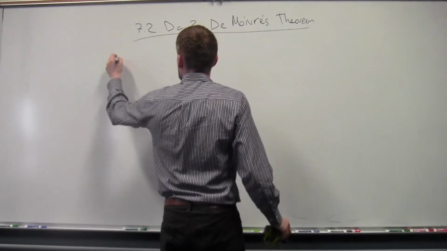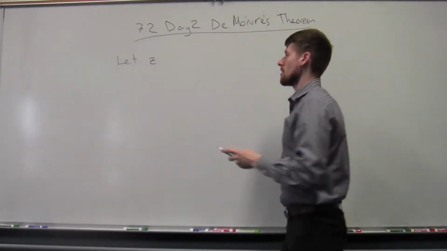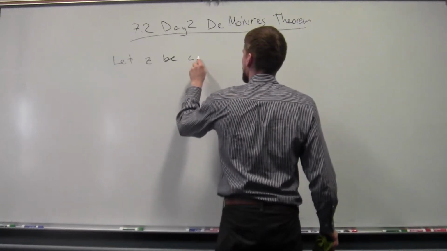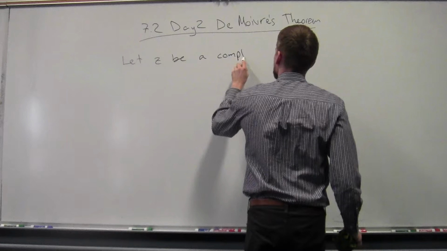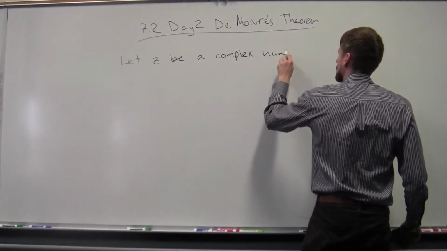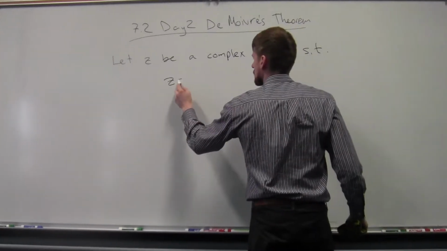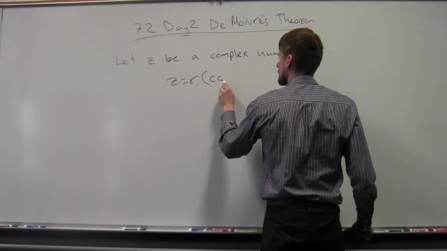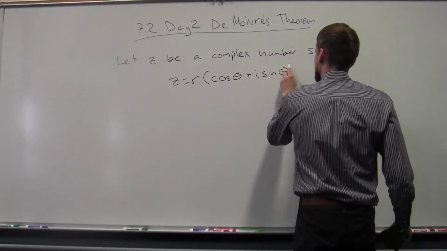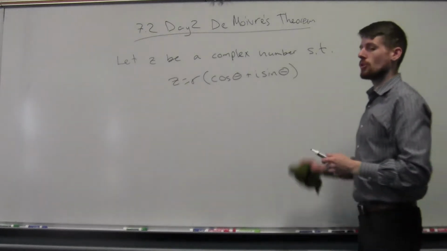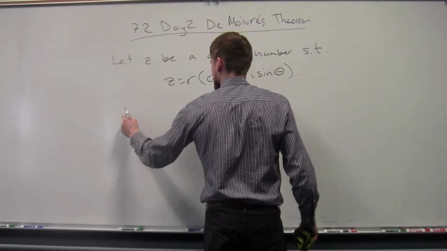after that. So we'll start off by defining z as a complex number in polar form. So let z be a complex number such that z equals some distance r times cosine theta plus I sine theta. This is just the polar form for z. Then DeMoivre's theorem says,